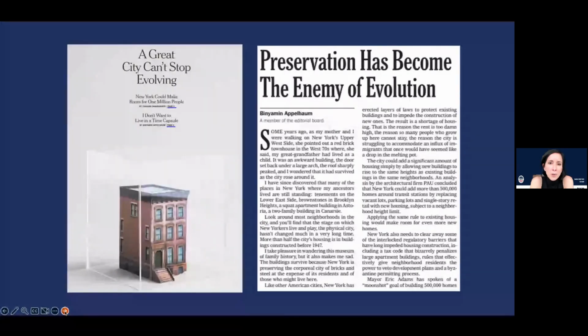I don't know if you can hear her, but you've probably seen articles like this, which really talk about preservation being the enemy of change, or preservationists being sort of not creative, extremely rigid. And the reality is, if you look at preservation and how it's evolved over the course of decades in this country, preservationists are the most creative, the most flexible, the most problem-solving group out there.